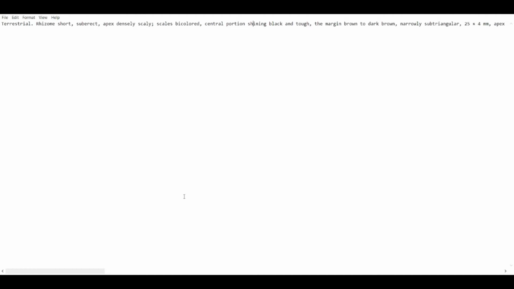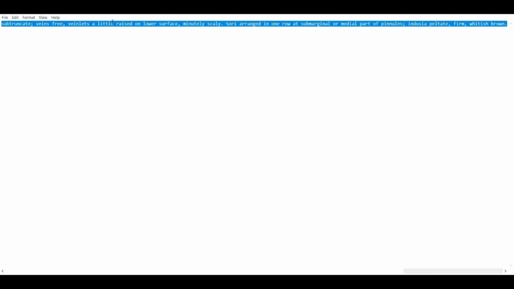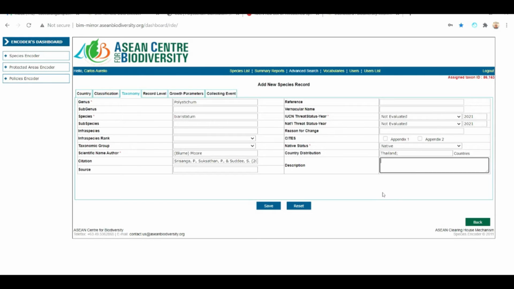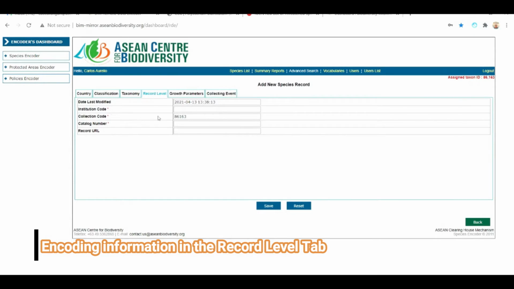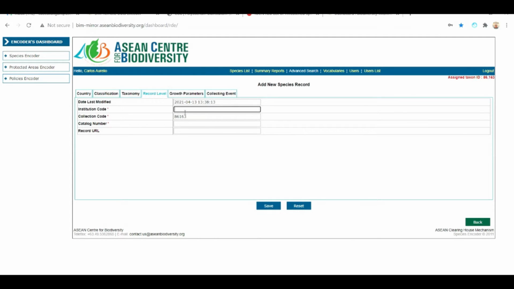Copy the species description from the notepad. Paste the species description into the description field. After completing the required and optional fields in the Taxonomy tab, we move to the Record Level tab. We input the respective information in the required fields of the institution code, IC, collection code, CC, and catalog number,